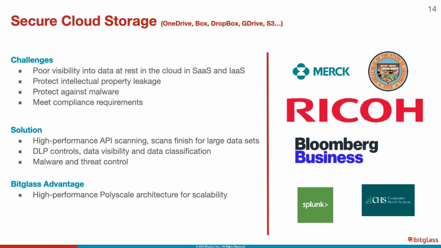Where we stick out, especially for API scanning, is the speed. We have a high level of performance because of the network of the Polyscale architecture, and we are famed for delivering the API controls much quicker on scanning. We are still listening to the APIs of the cloud application, but once the API scan is started, we finish very quickly.